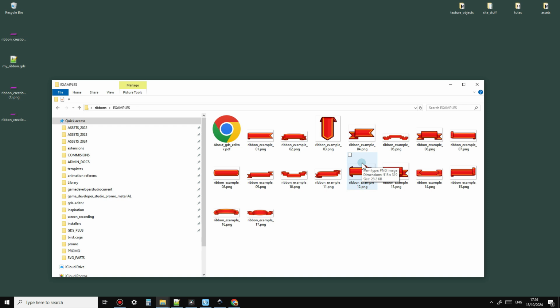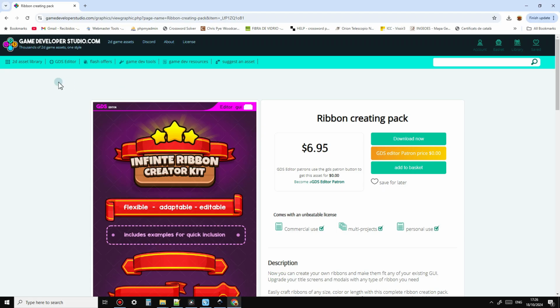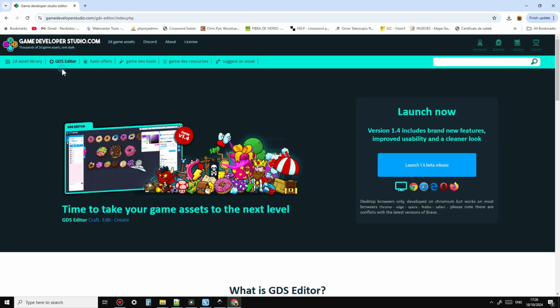But the thing with ribbons is they generally have to be scaled to the part of the UI that you're using them for. They don't normally fit any panel. So I'm going to show you how to do that with the GDS editor now. So if we go back to Game Developer Studio and launch the editor from the GDS editor tab,